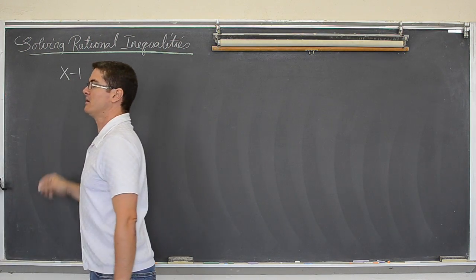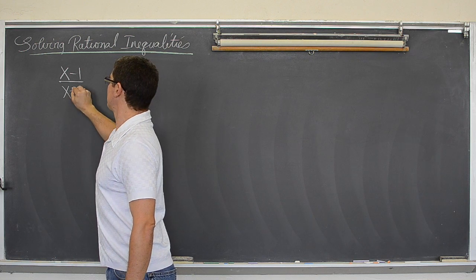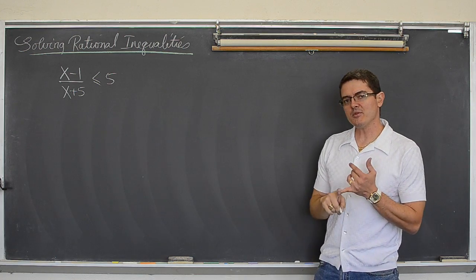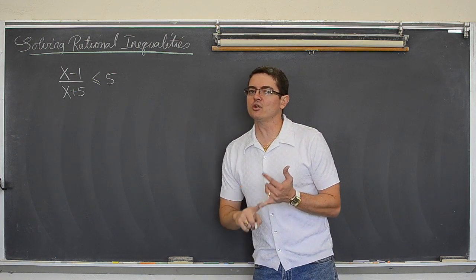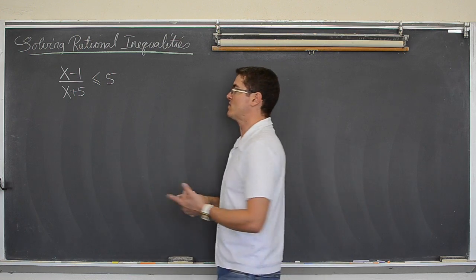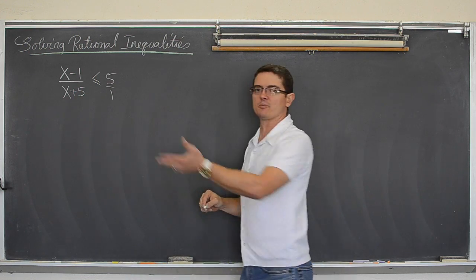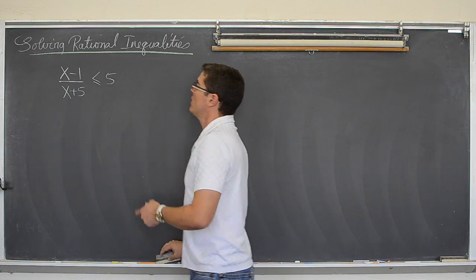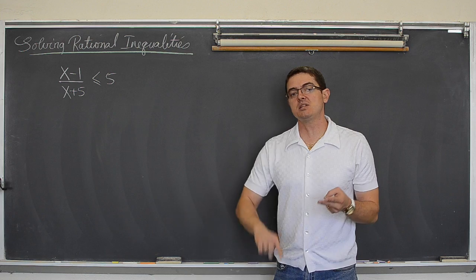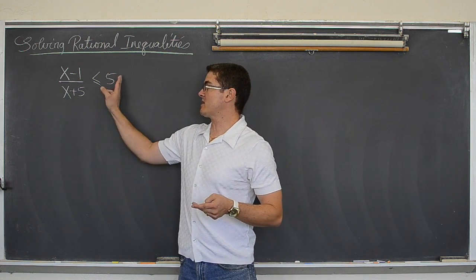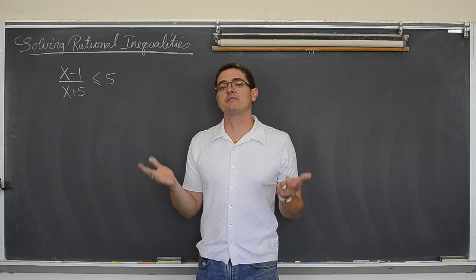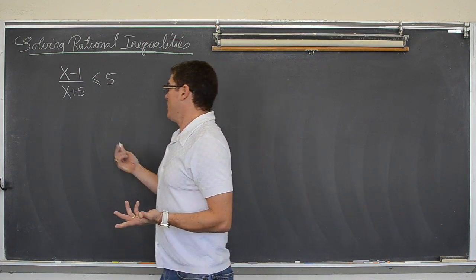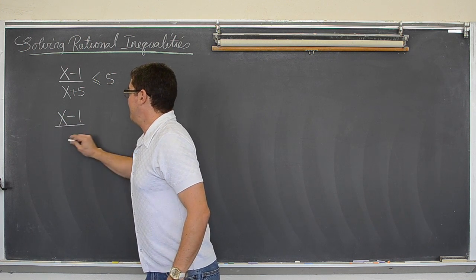x minus 1 over x plus 5 is less than or equal to 5. Now, remember the steps I just erased? We have to set the numerator and the denominator equal to 0. So if you're tempted to go, well, that's 5 over 1, let's cross multiply, you're going to get rid of some of your answers, because one of the steps of solving your rational inequalities is what makes it 0 and what makes it undefined. If you multiply the x plus 5 over to the other side, you lost the value that makes the rational function undefined. So don't do that. I know we don't like working with fractions, but you can't be tempted by that.